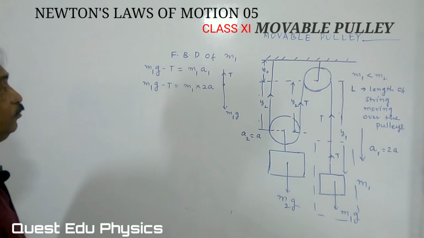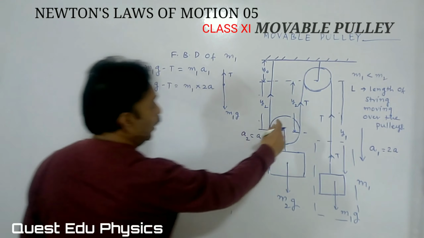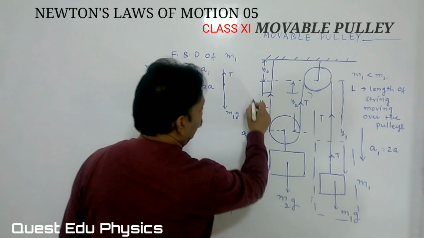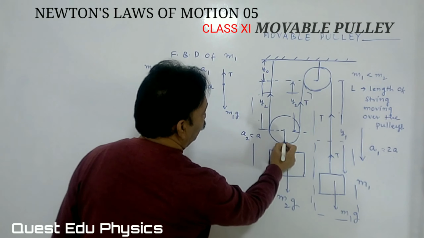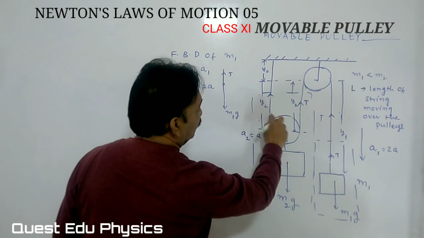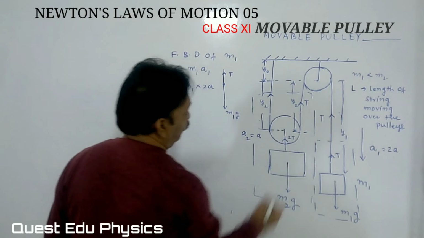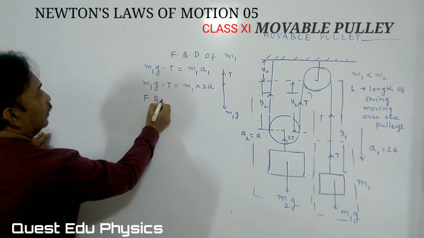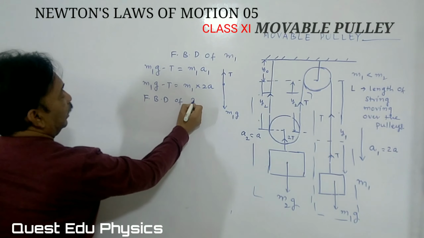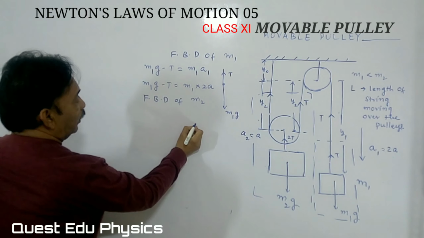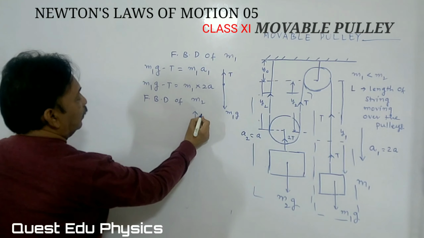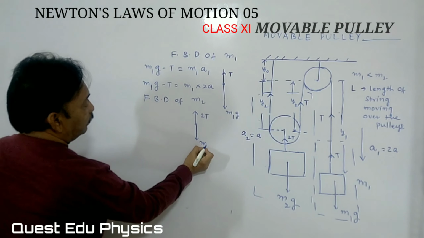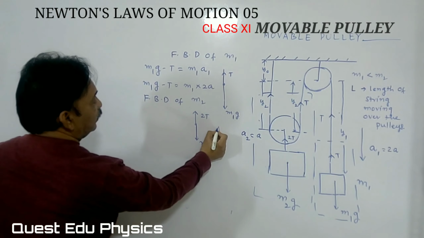Okay, students? Similarly, if you draw the free body diagram of this part, it is T and it is the T and it is the 2T. Okay, free body diagram of M2 we are drawing. You can draw it like this. It is 2T is equal to M2G. Since it is moving up,